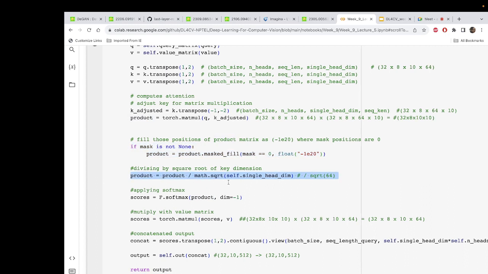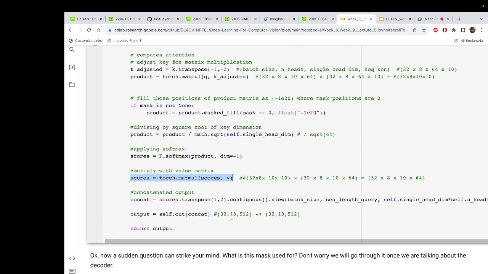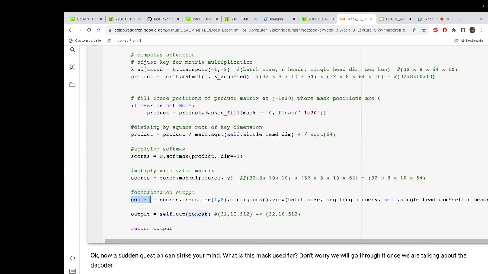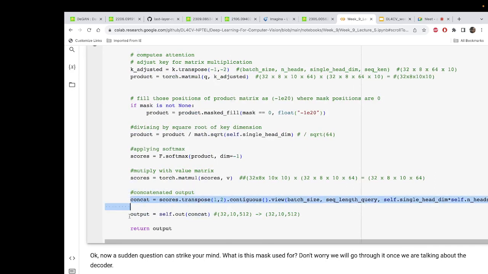Then this product is divided by the square root of the dimension. So, square root of 64, which is 8, and then we simply do a softmax. Once the softmax is done, we do a matrix multiplication of the softmax scores and the V matrix. And you can see from the name itself that once you find this matrix multiplication, you concatenate all of these and finally pass them through this linear layer,